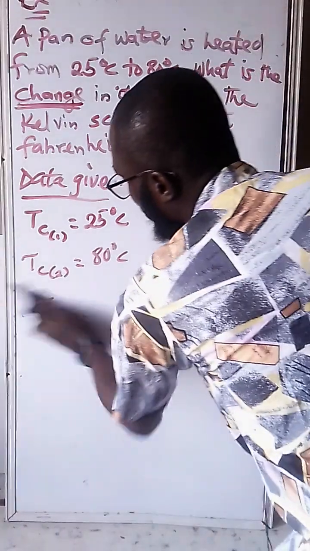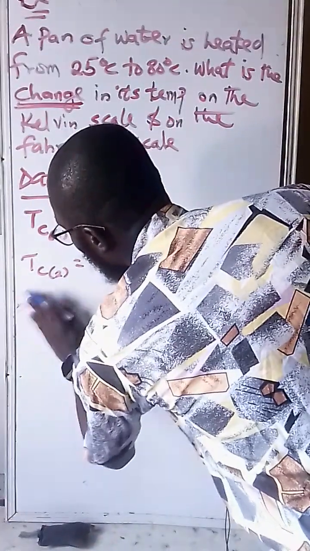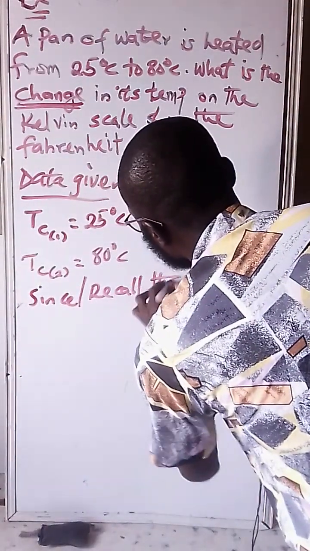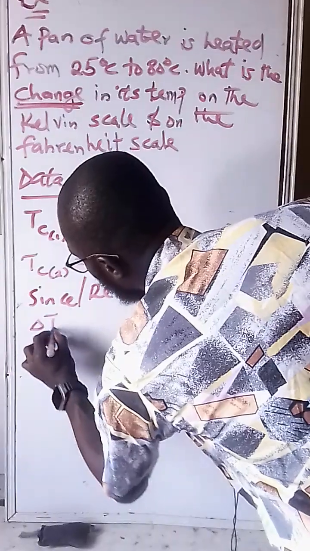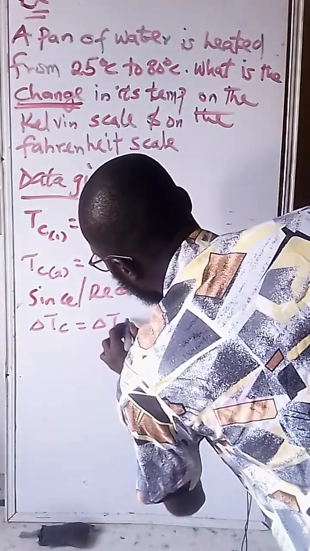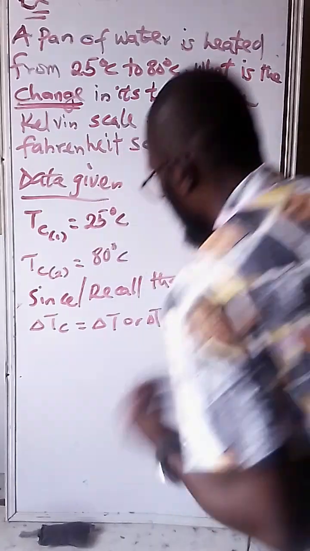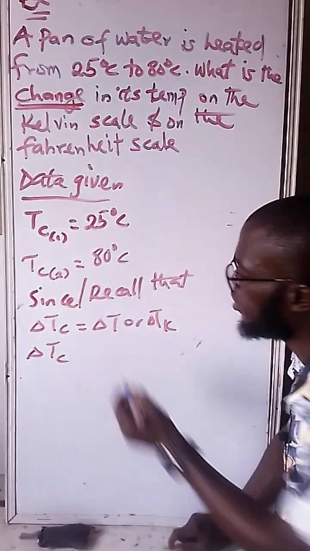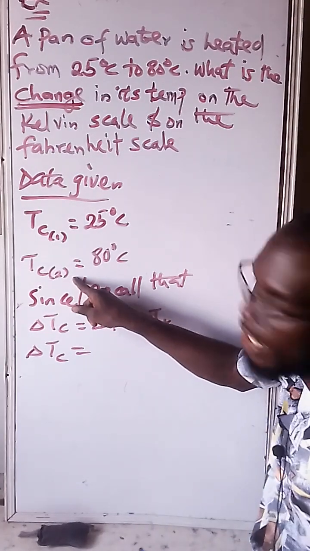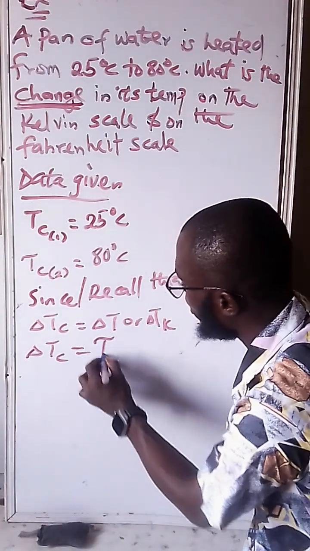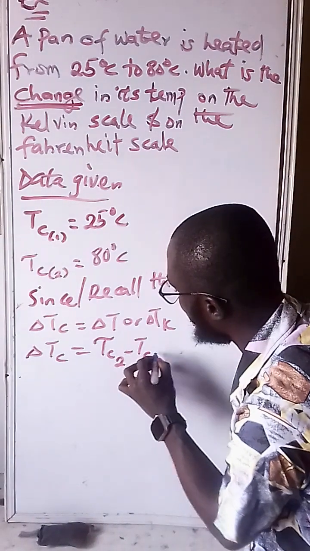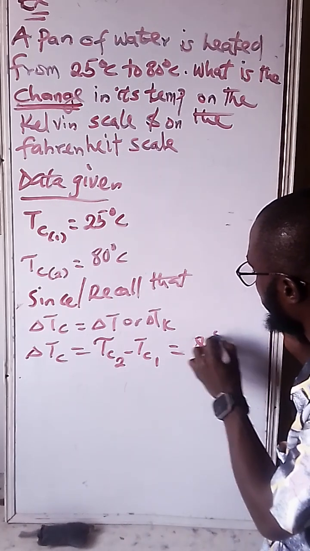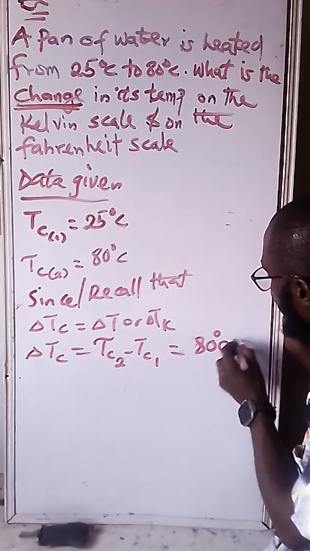Now, what would that be? Recall that change in TC equals change in T, or change in TK. Now, what is change in TC? Change in temperature in degrees Celsius equals T2 minus T1. It will now be TC2 minus TC1, which will give you what? What is our TC2? 80 degrees Celsius, minus what is our TC1? 25 degrees